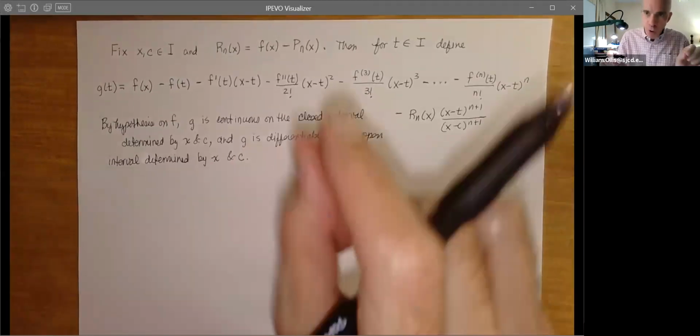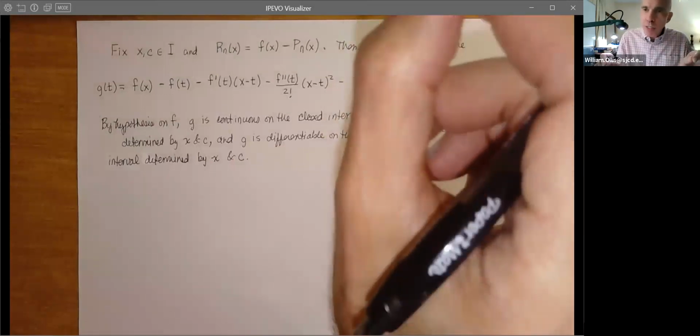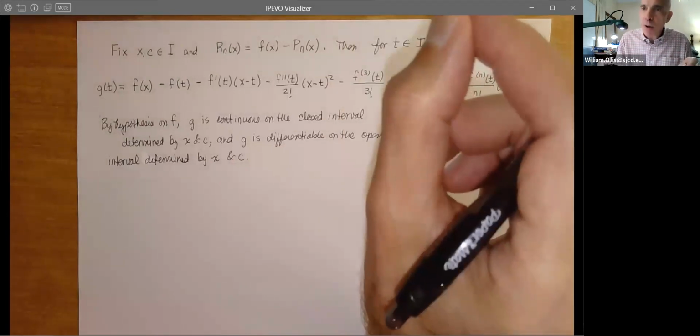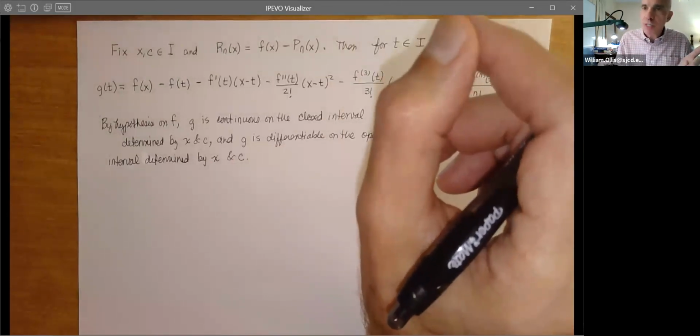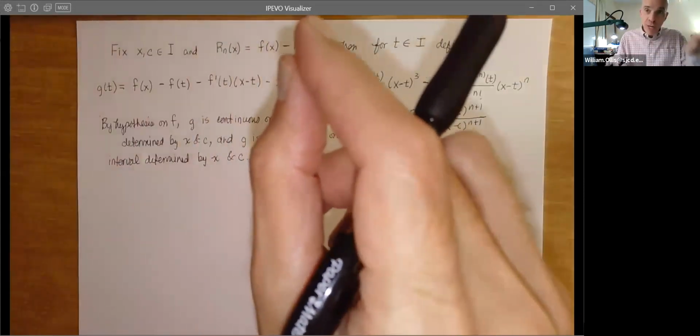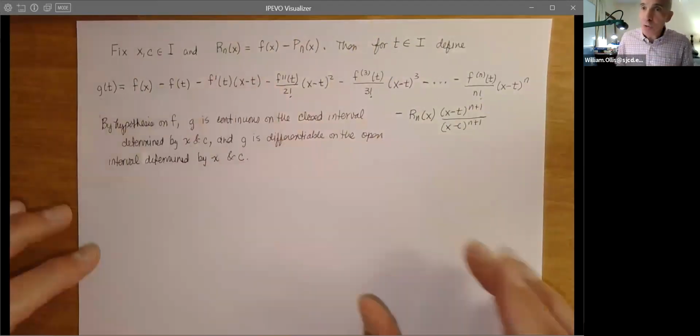Now, remember, with Rolle's theorem, you have to have 2 points on the curve, namely the x and the c, that correspond in terms of their output. That is, we need to show that g of x equals g of c. And then, since it's differentiable, it must have at least one horizontal tangent. And that's the key to the theorem.